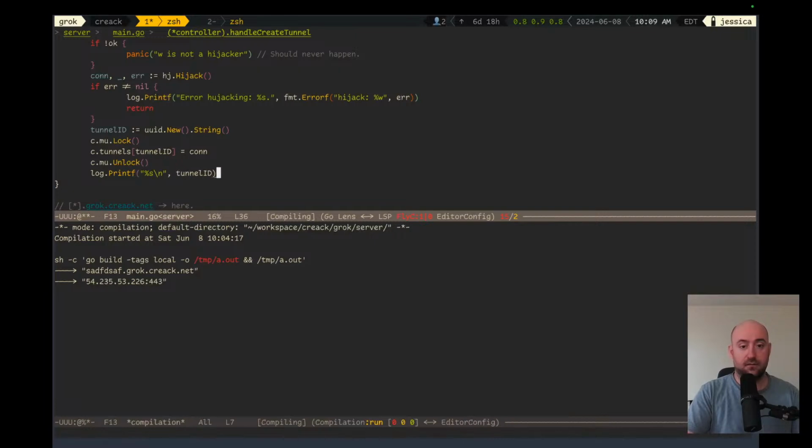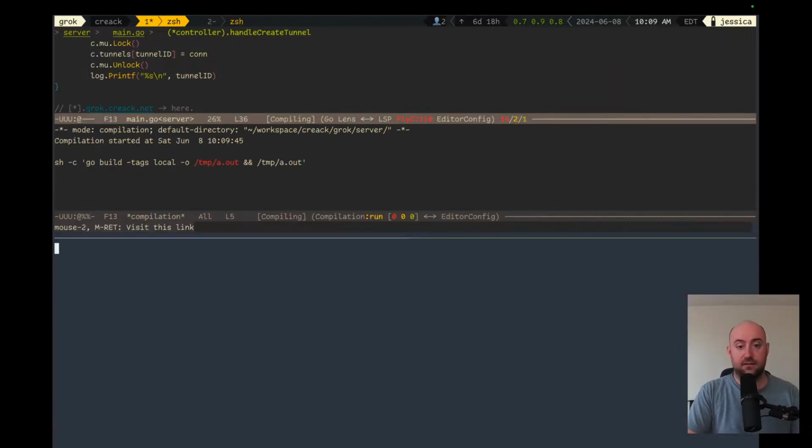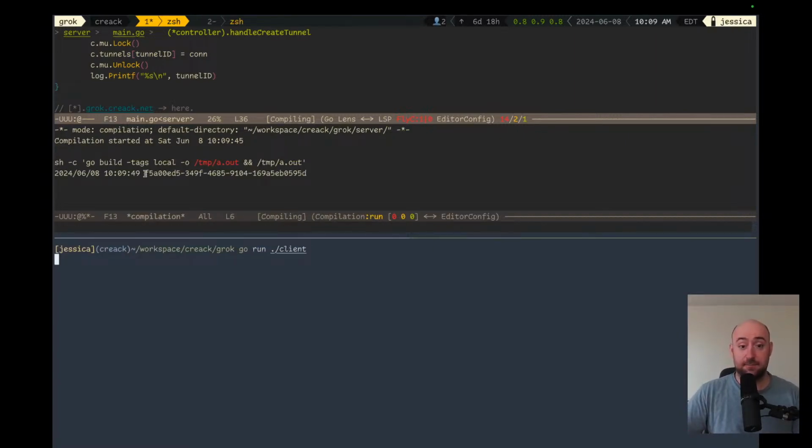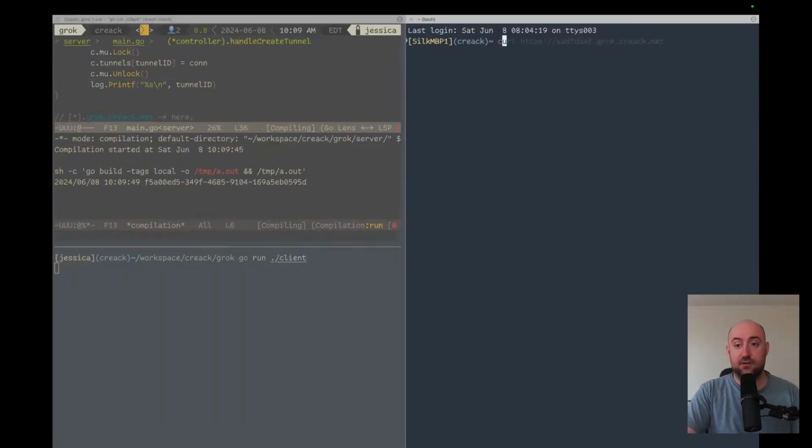All right. Now we can use our clients. It means that we have this ID. That is great. And if we do our curl of https of that ID .grok.creek.net